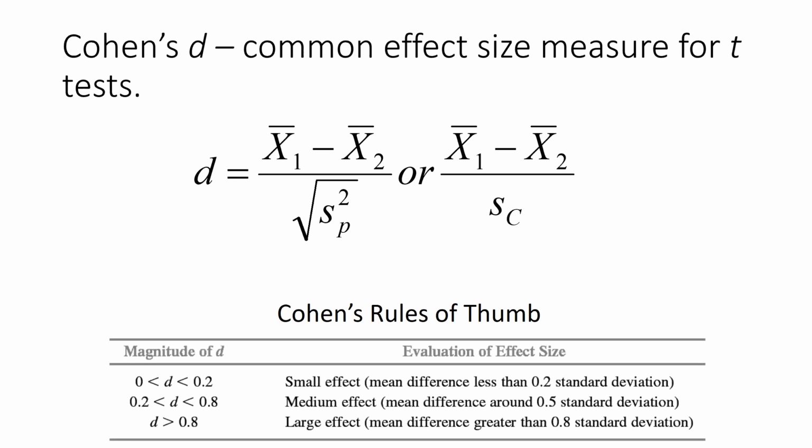These are rules of thumb. They should not be taken as law. And many people, myself included, kind of wish they had never come into existence. However, many people, myself included, report them. But in terms of interpretability, what you should be aware, the result of a D-test will be in standard deviation